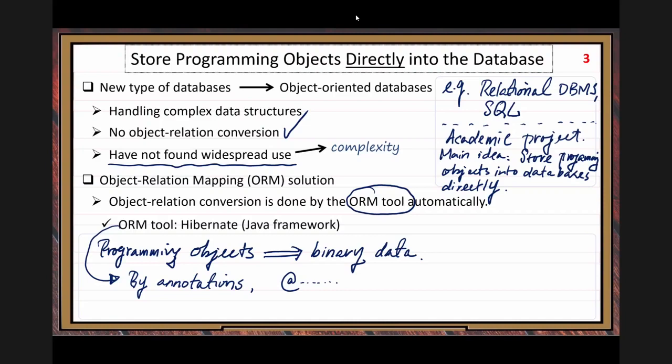You put several annotation tags to tell the tool what you want to do, and then the mapping is automatic. Here, I just give you the basic idea. You may see a lot of Java code used in industry doing this kind of work, so I just give you a simple introduction to let you know the basic idea.